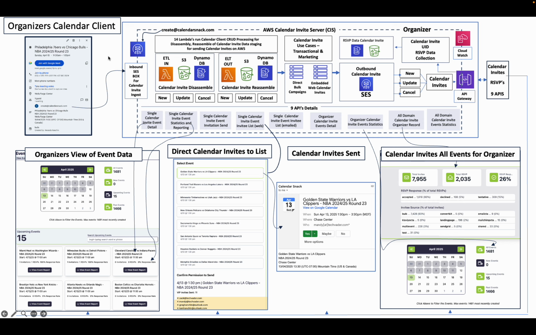Excuse me, that was 1,400 games for the NBA. It's 2,500 for MLB. That's coming up next. But the NBA games were approximately 1,400 that I had loaded for demonstration purposes. I did a bulk upload into the AWS Calendar Invite server, and that data was disassembled here and ready for